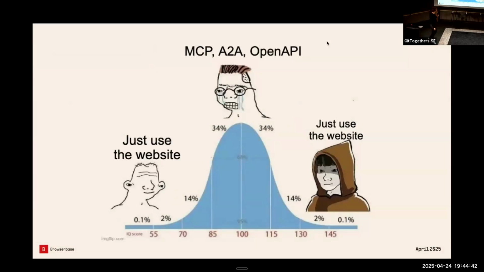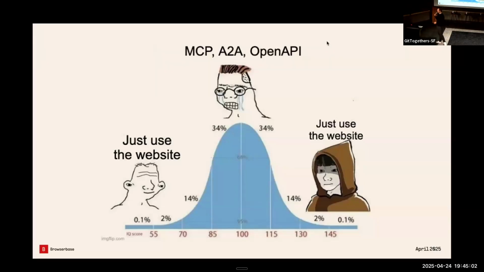Specifically, when I think about MCP and the things you may want to do online, you may be trying to use a lot of acronyms. I think someone said that in the last panel. You want to use OpenAPI or A2A or MCP, but you've got to start with your use case. What is your agent trying to do? It's trying to do something on your behalf. Well, why don't you just have it use the website?